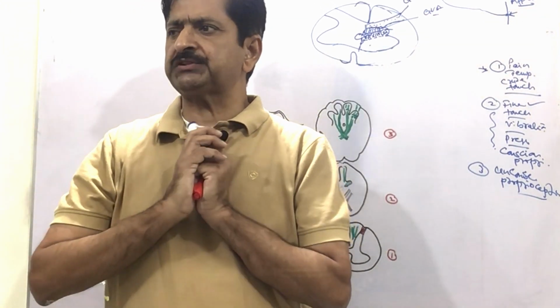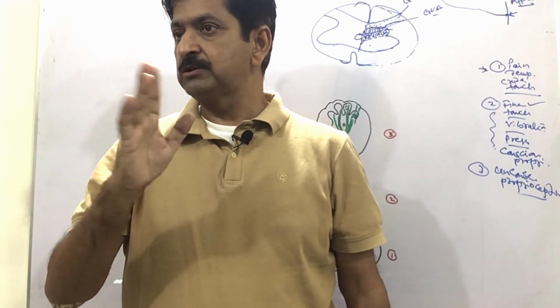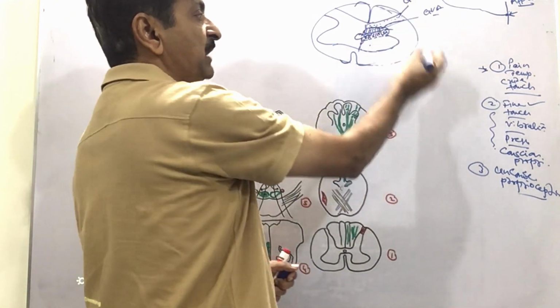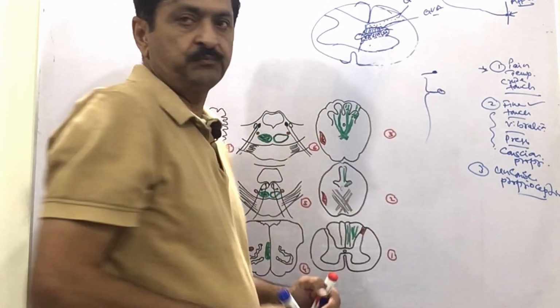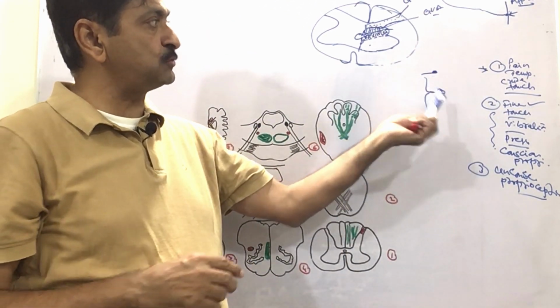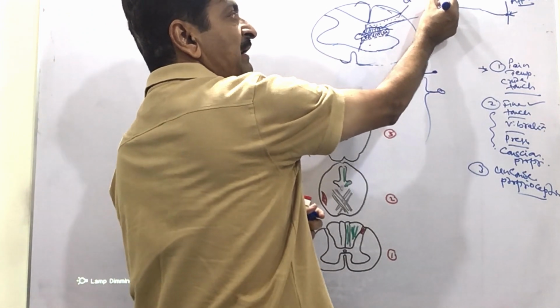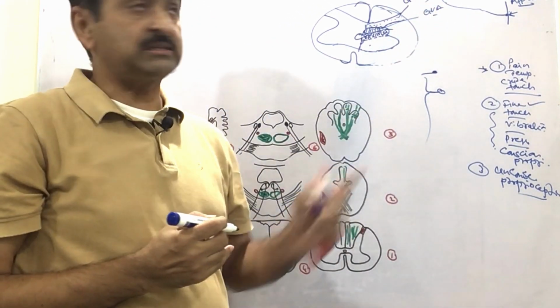morphologically all such first order neurons are pseudo unipolar, not unipolar, pseudo unipolar. And they are pseudo unipolar because unipolar is like this, pseudo unipolar is like this and splitting into two. This is the difference between pseudo and true unipolars. So this is what we call the pseudo unipolar. Now we have got the peripheral axon and a central axon. And this is the central axon.